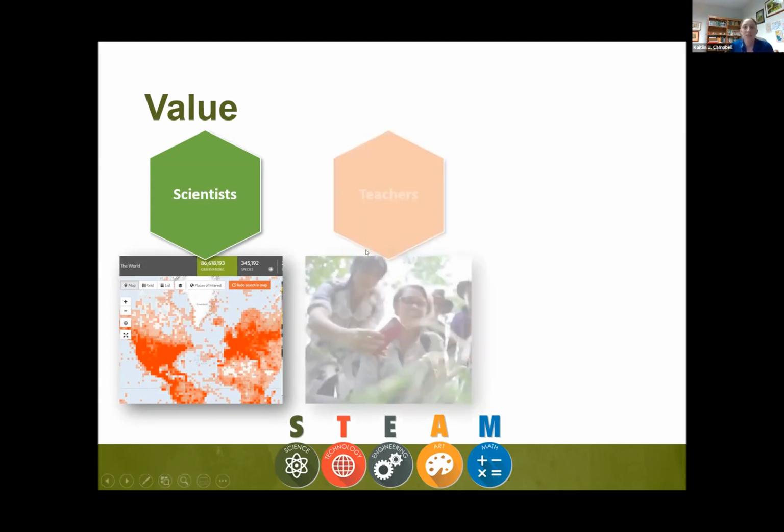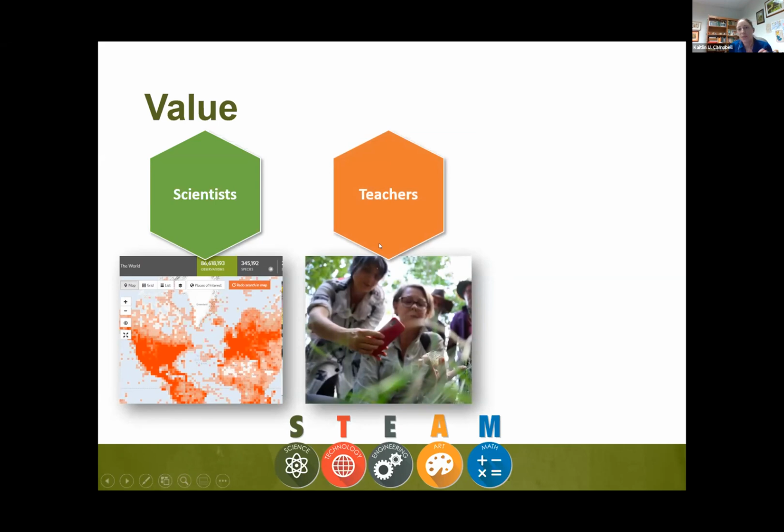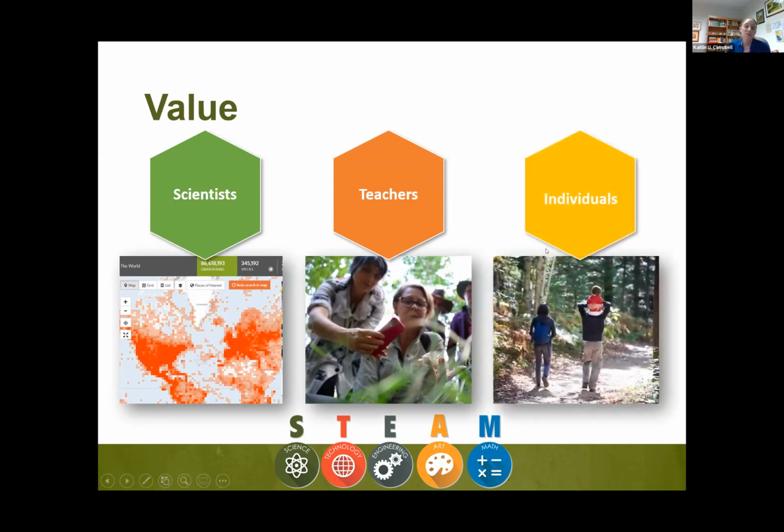From an education standpoint, it's valuable for teachers because it gets people outside. A lot of these are based on outside learning and outside collection of data. It's also a great way to get people of all ages involved in science, observing, practicing the scientific methods, and actually perceiving themselves as scientists. For individuals, these projects are just fun and really rewarding to do. It's kind of like a Pokemon game where you got to catch them all and take as many pictures as you can of all these different things.